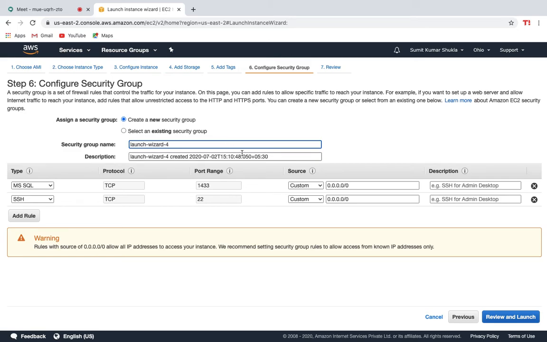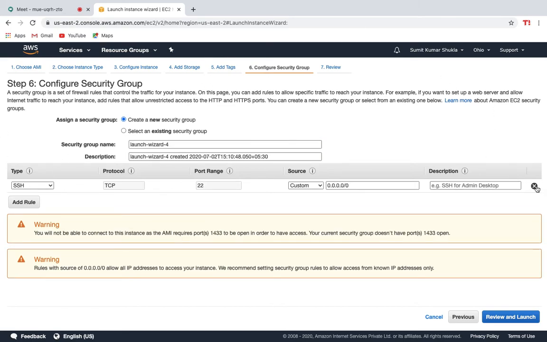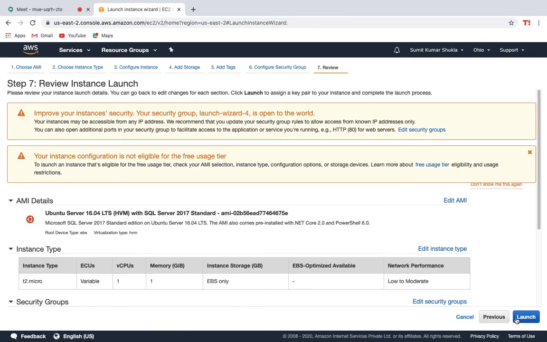Leave it as whatever it is. I'll be creating SSH, and I'll be removing it. Let's see, we are launching it.